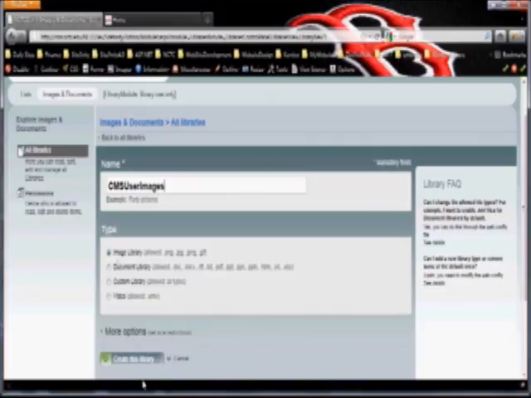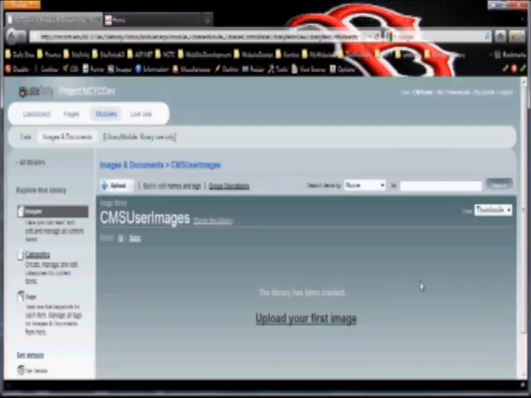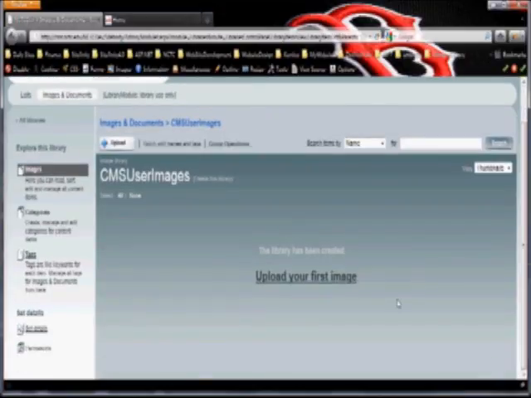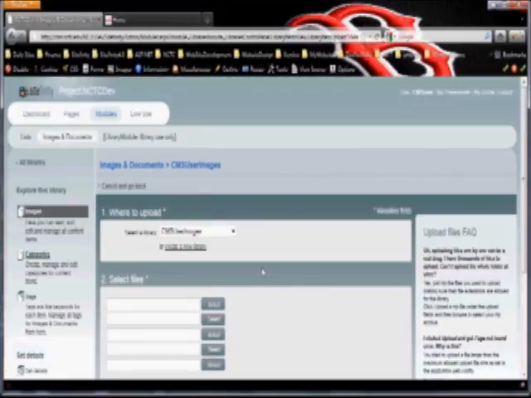Once we do that, we have the image library selected. We want to create this library, and click on the Create Library button. And now basically that folder is created, but we have no images in it. So let's upload our first image. We're going to upload our first image. And right here,